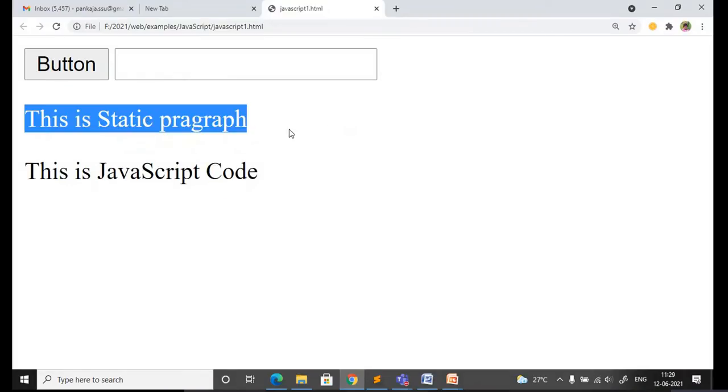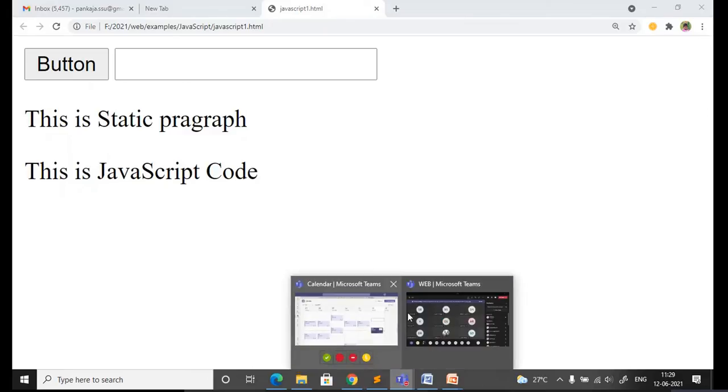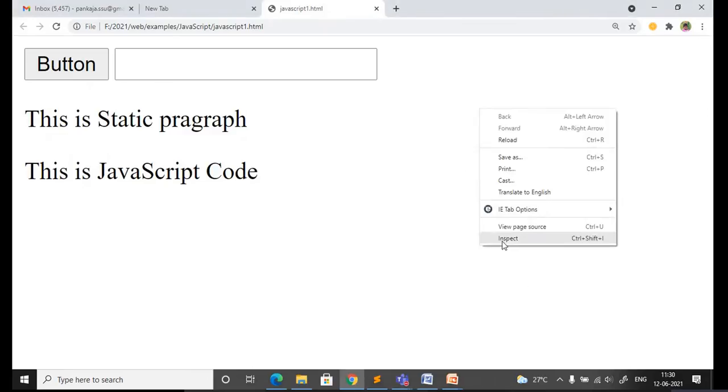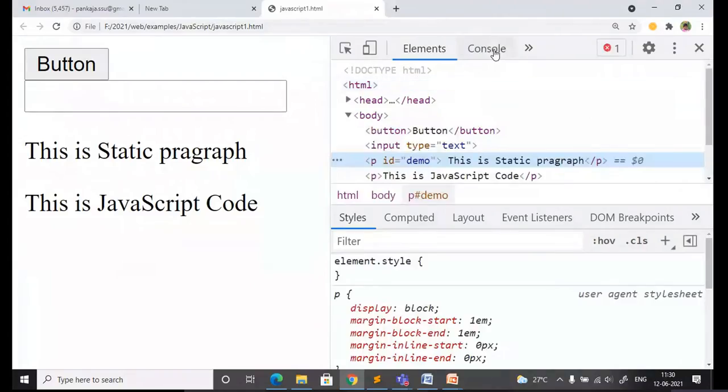No change is happening. If I click on this, it should change the color. There is some error.